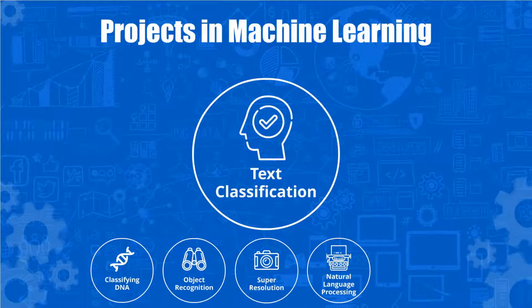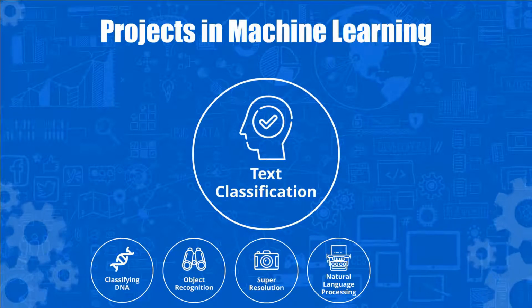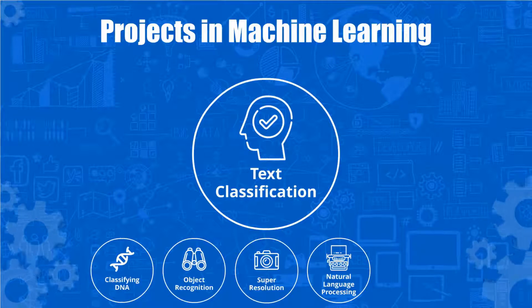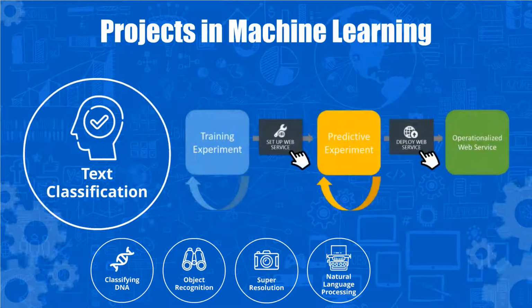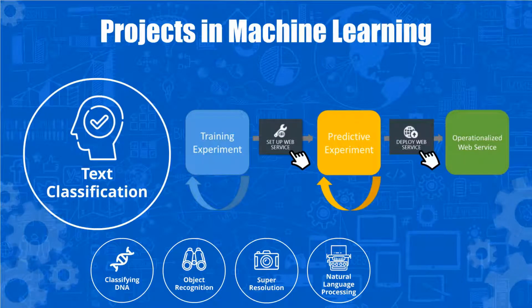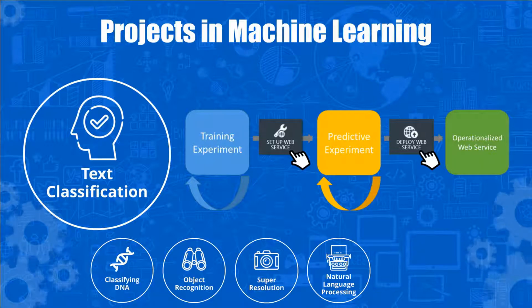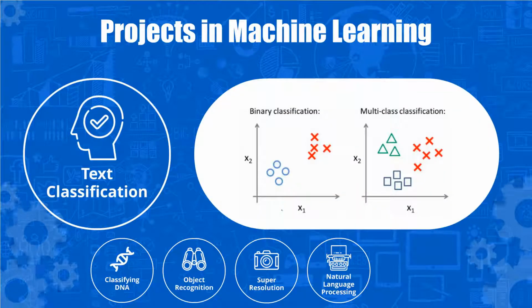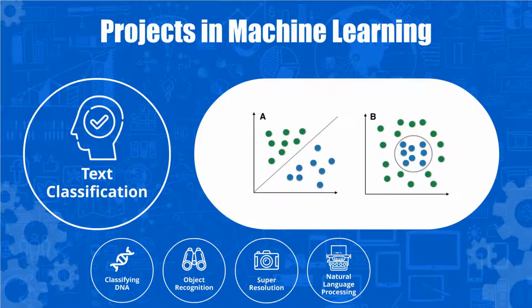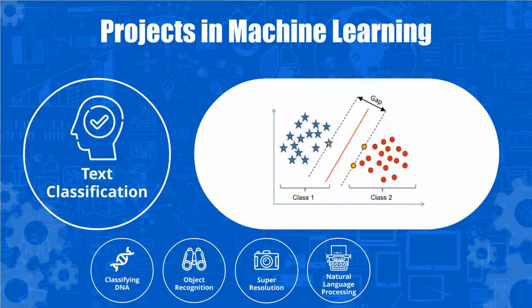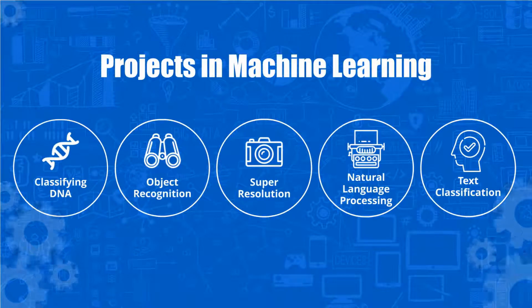Fortunately, that is exactly what we are going to do in the fifth and final project. This is going to be looking at using natural language processing for text classification. Building on the foundation developed in the previous project, this tutorial will dive deeper into natural language processing. We will solve a text classification task using multiple classification algorithms, including a naive Bayes classifier, an SGD classifier, and a linear support vector classifier. All of these projects